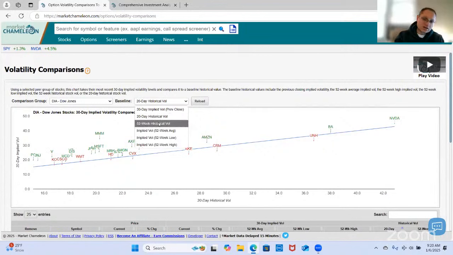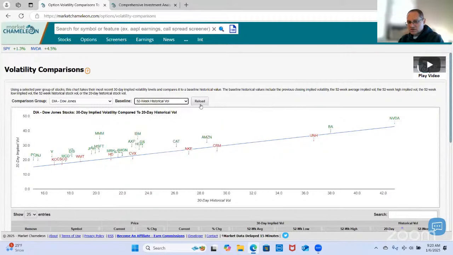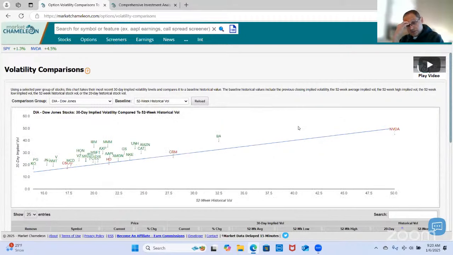So the first one, we compared the implied volatility versus implied volatility, right? Current implied volatility versus the average implied volatility. Now we're going to compare the implied volatility versus realized volatility, the stock's actual volatility. Okay, that's the historical vol. Let's click on that, reload. And now we see that